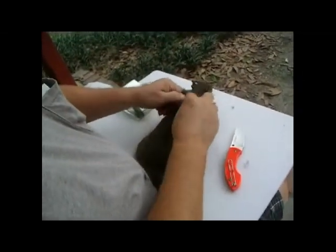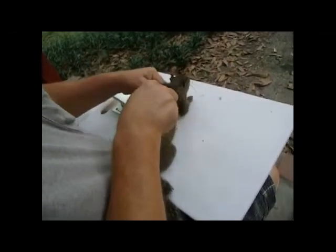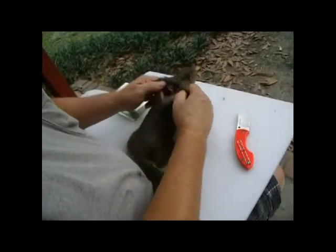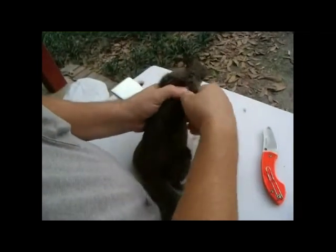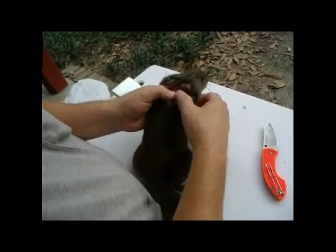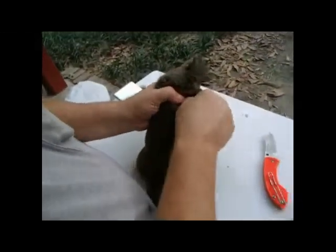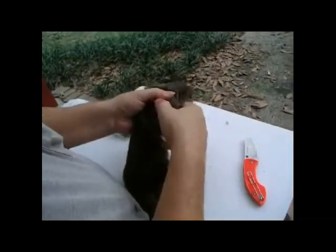Now, squirrel actually is not that difficult to clean. Remember the old saying when you were a kid, skin a rabbit? Well, the same way you skin a rabbit, you're going to do with a squirrel. What you're going to do is just work your thumbs. Of course, this bloody part right here is where the pellet actually entered the shoulder, and you're just going to work the fur, the endodermis. This is the shoulder blade,